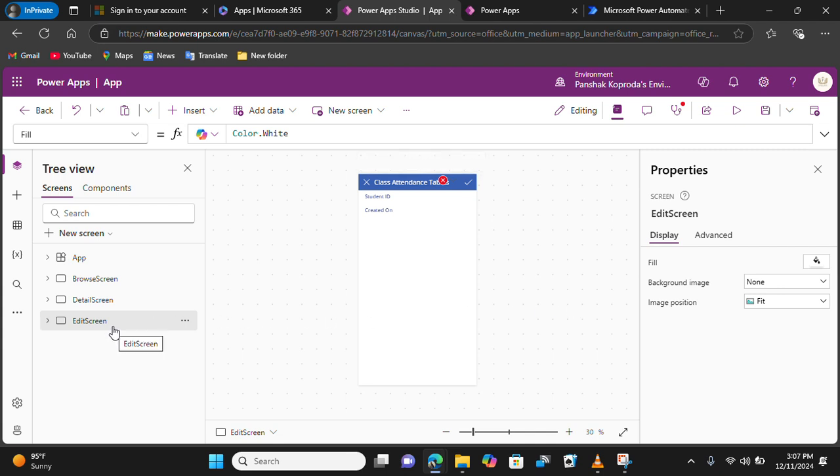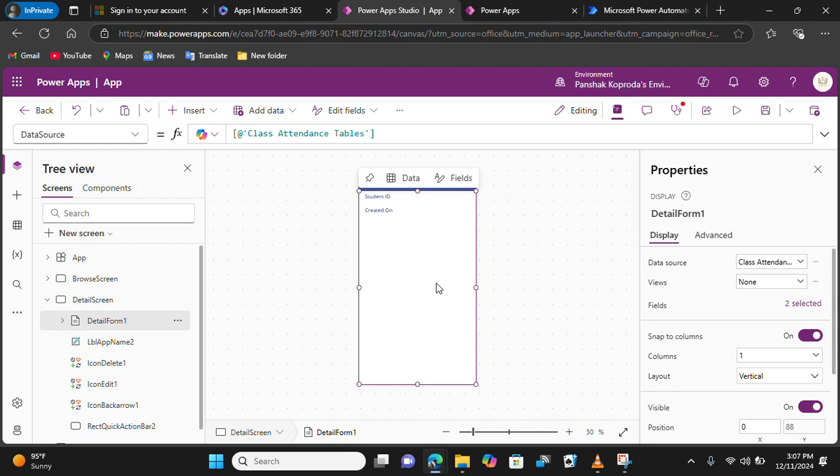So this is the edit screen. This is the detail screen. The detail screen is meant to show us the details of what's on our table. So let's start with the detail screen. Let's click within this space. Once you've clicked within this space, you're going to see that this detail form, which is automatically created and named,